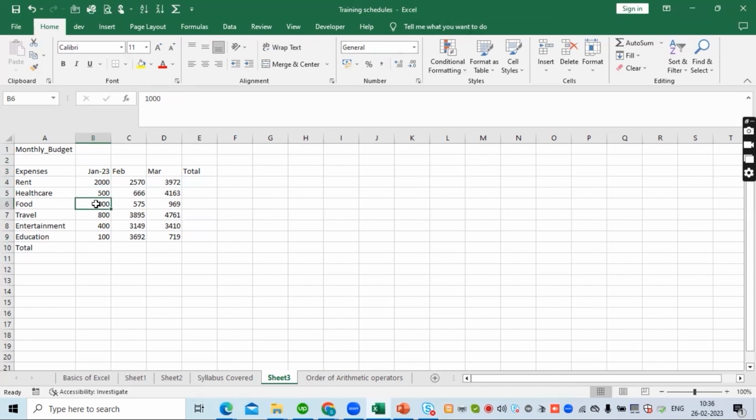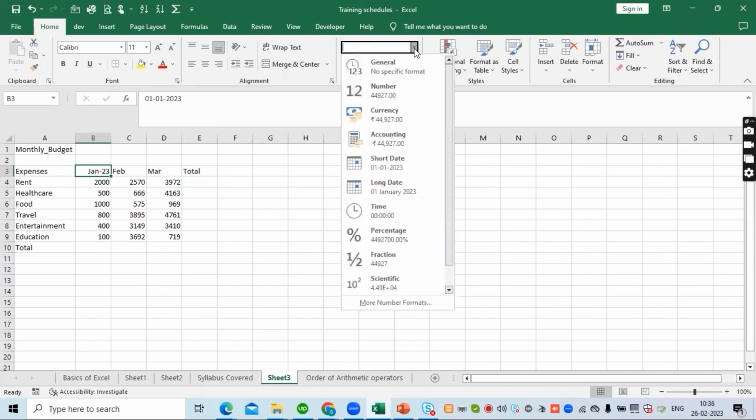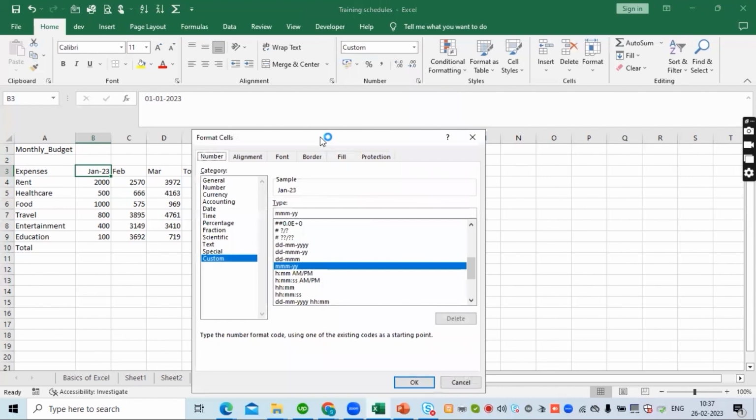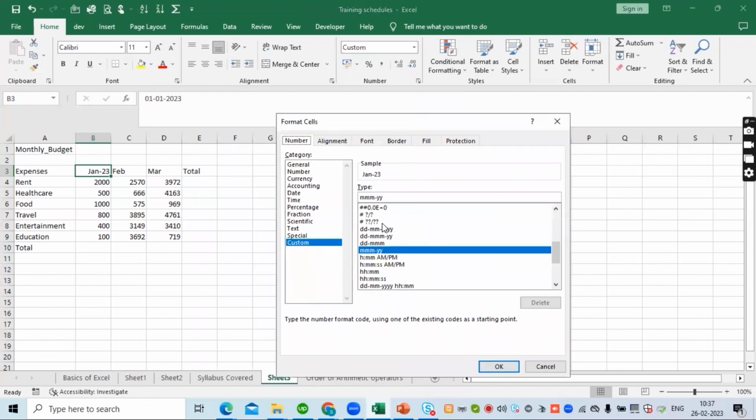So just want to make sure, here, when you click this list, there are various formats. One is general, one is number, one is currency, one is accounting, and short date, long date, time. There are different fractions, and there are more number formats. And once you enter over here, you can customize however you want. So this custom is reflecting over here, and this custom is saying that